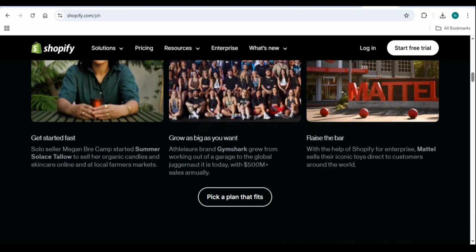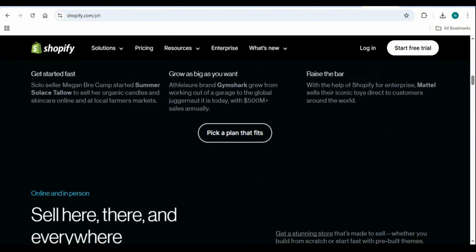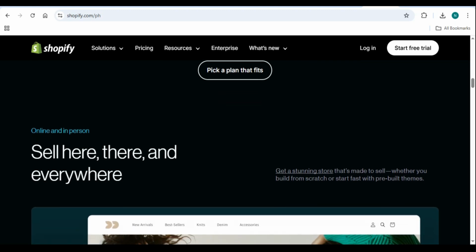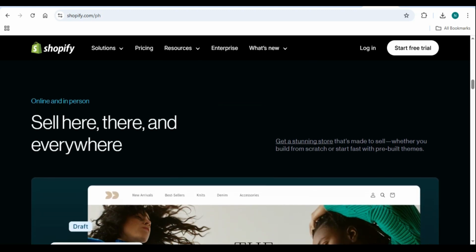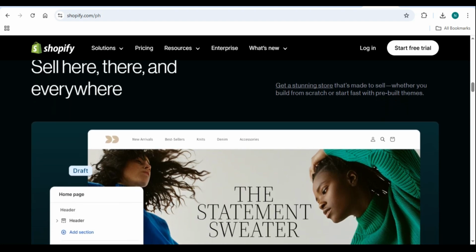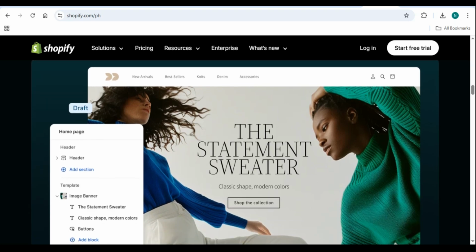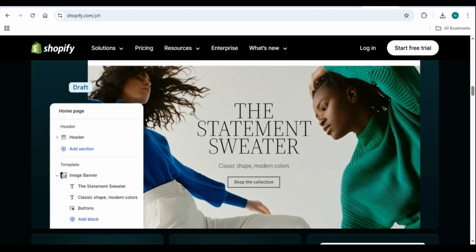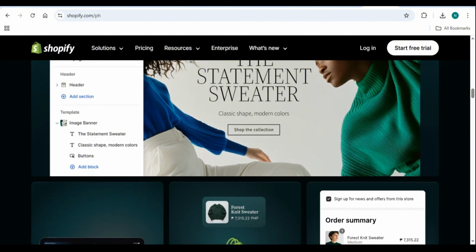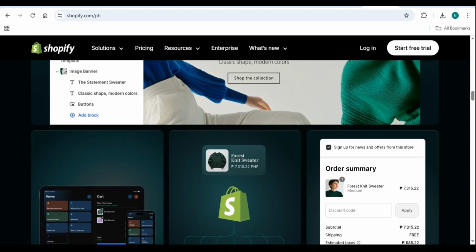In conclusion, migrating your website from Wix to Shopify is a significant step forward, building a more scalable, professional, and future-ready online store. While Wix is a great platform for beginners or small websites, Shopify is purpose-built for e-commerce and offers far greater flexibility, powerful integrations, and tools to help your business grow. From managing large inventories and advanced analytics to providing seamless checkout experiences and marketing automation, Shopify positions your store for